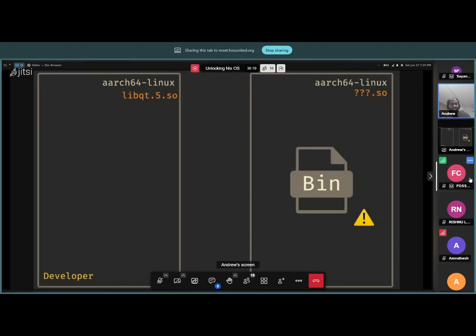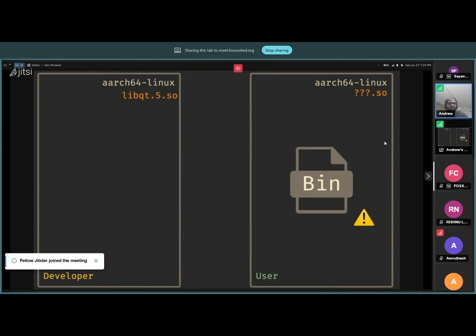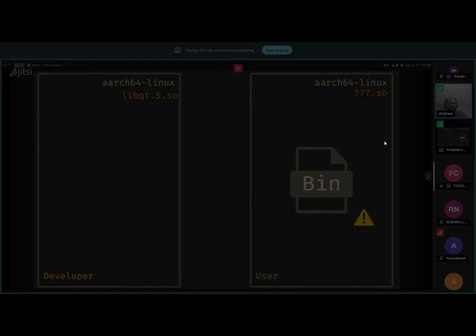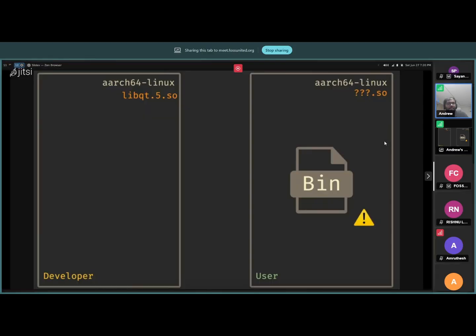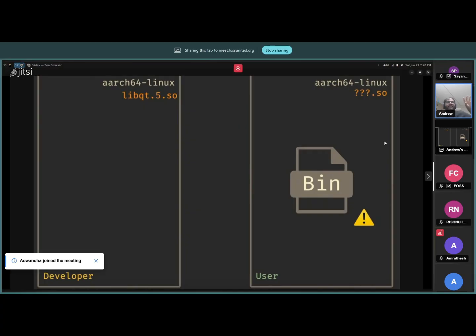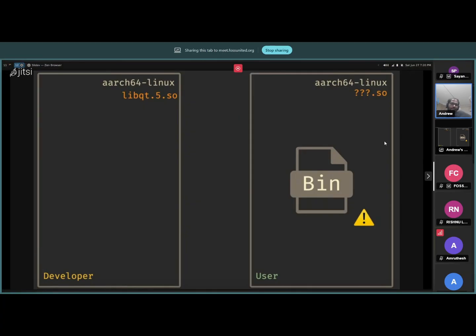So what Linux distros have generally done is something called dynamic linking. What dynamic linking does is the library, in this case libqt, is installed as a separate package, and then all of your apps can share the same libqt. That means one advantage is it uses less memory, less storage, and it's generally a bit faster. That's the advantage of using dynamic linking.